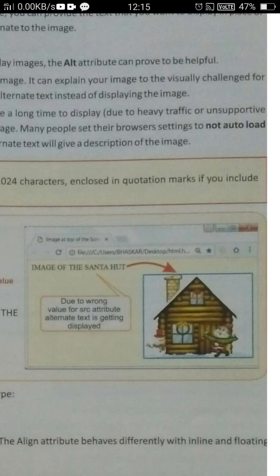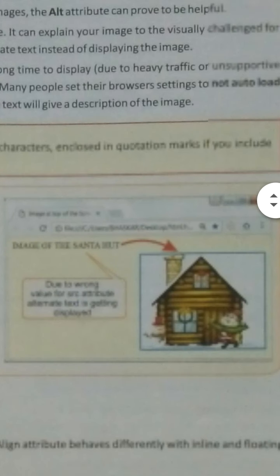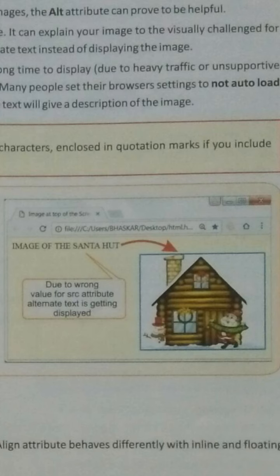Dear students, as you are looking, one web page is here on the screen. This web page is showing one image. Till now we have brought one more image at the background of the web page, meaning we use the background attribute of the body tag for bringing the image at the background of the web page.